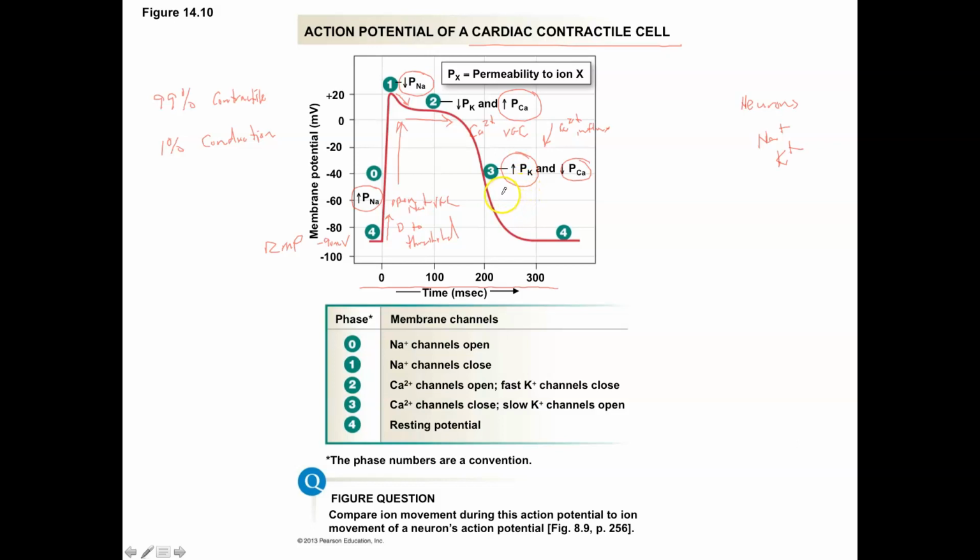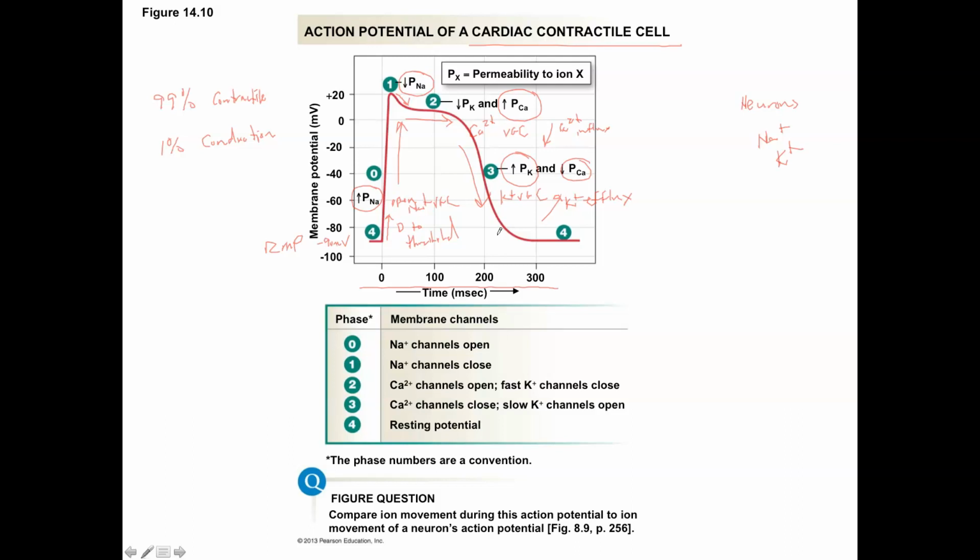That's because we see the opening of the potassium voltage gated channels. As potassium voltage gated channels open, there's an efflux of potassium, so potassium is going to go out of these contractile cells, and then we're going to start repolarizing in greater magnitude back towards resting membrane potential for the cardiac